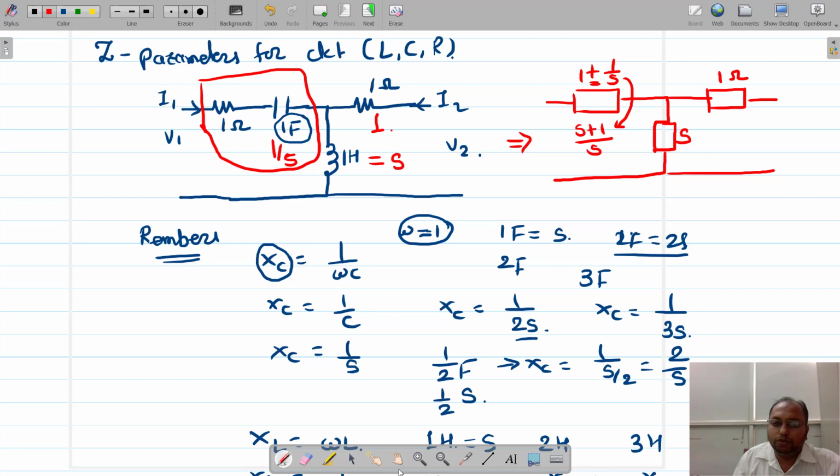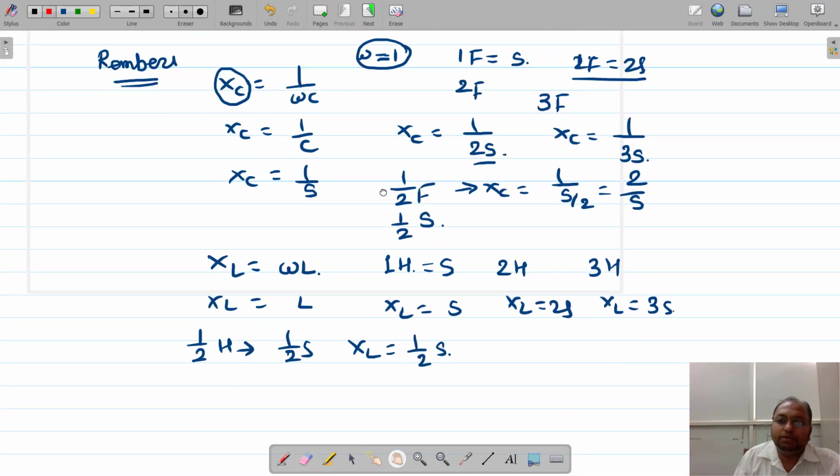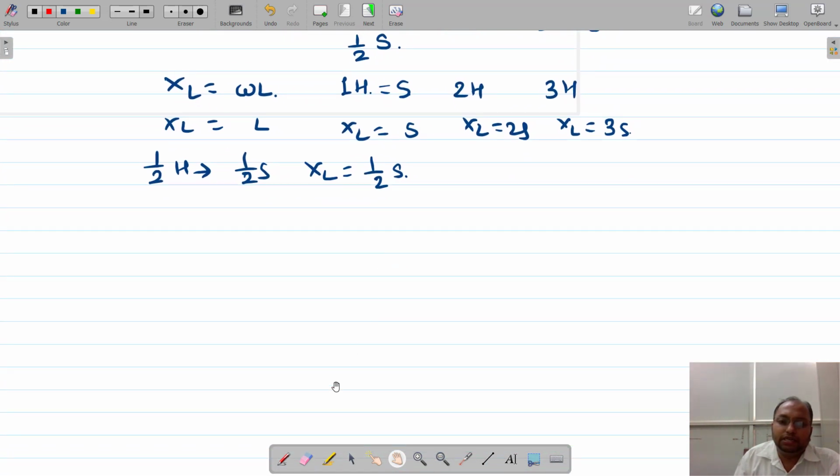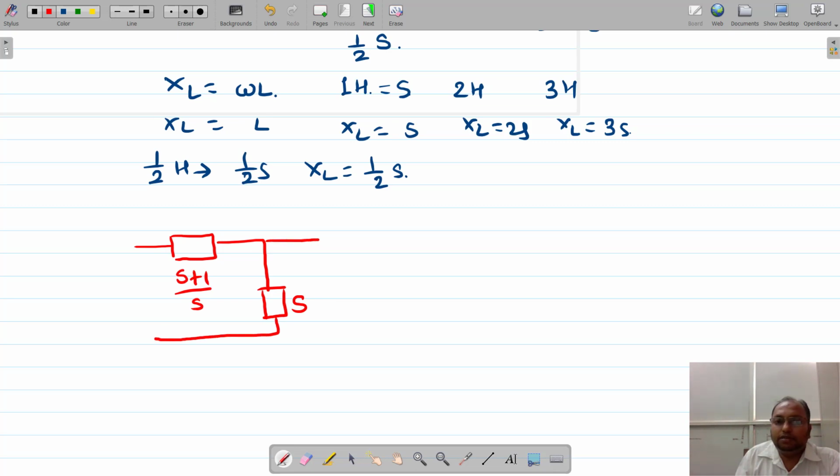Okay, so let us take this diagram at this position. Is that fine? So let me recall that diagram. This is consisting of an impedance, and that impedance is S plus 1 divided by S, right? This is an impedance which is representing the value S, and lastly this is 1.